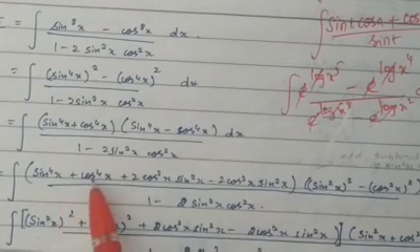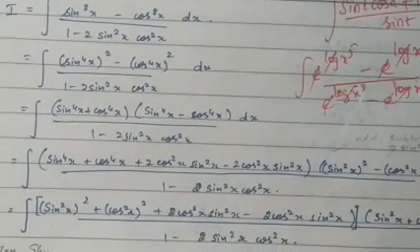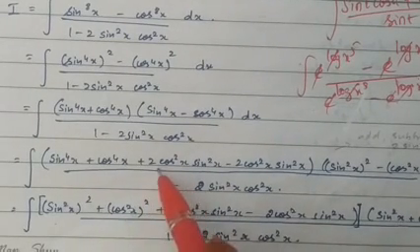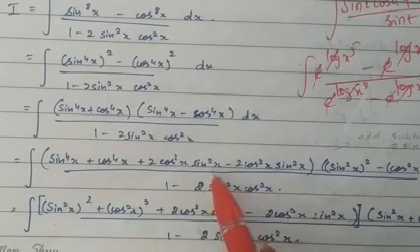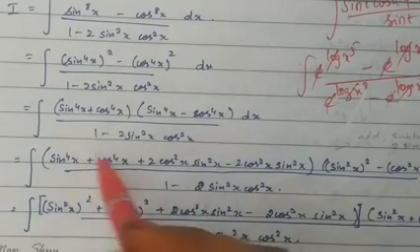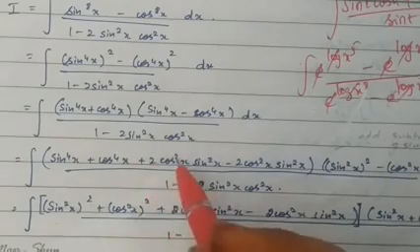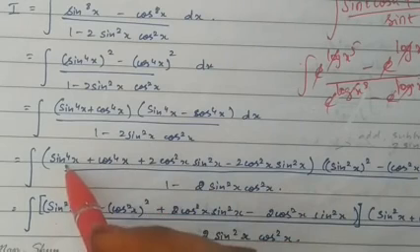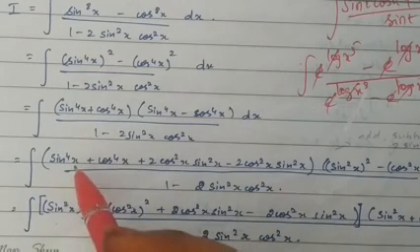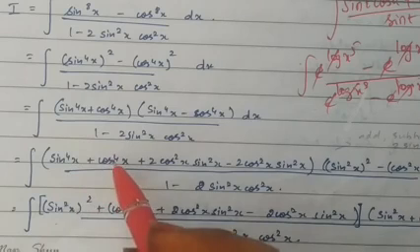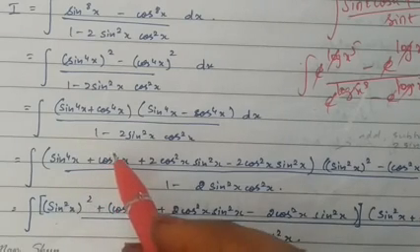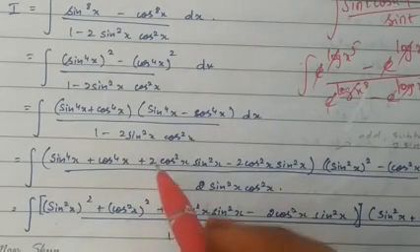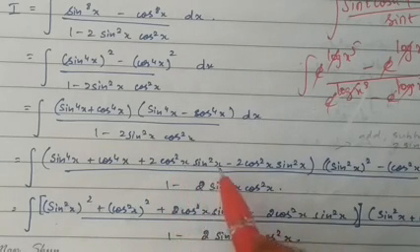Now sin^4 x plus cos^4 x. For that, you can add and subtract 2 cos^2 x sin^2 x. That is, this is a squared plus b squared plus 2ab term, and that's what we are going to add and subtract. The a term is sin^2 x, therefore a squared is sin^4 x, the b term is cos^2 x, b squared is cos^4 x. We are going to write it in the form of (a plus b) the whole square, so we need to add and subtract 2 cos^2 x sin^2 x.